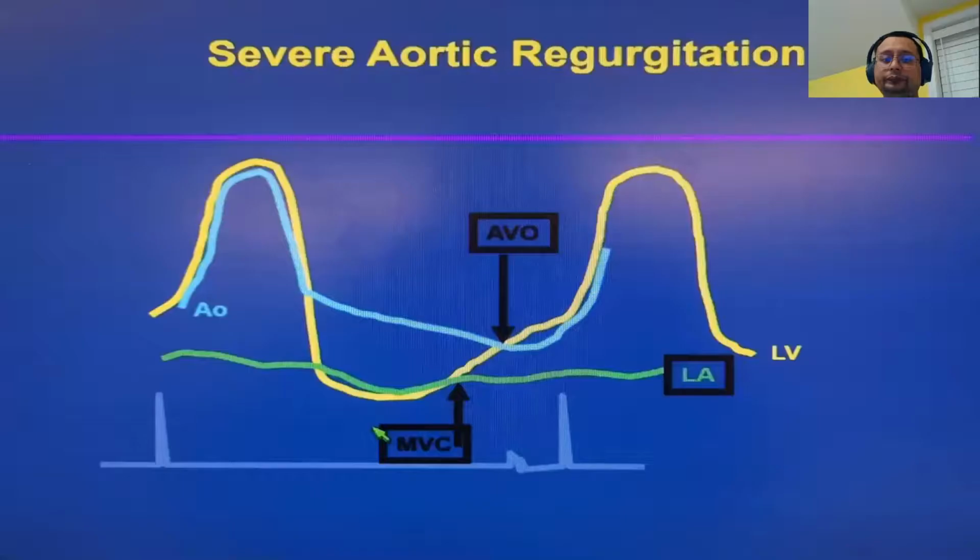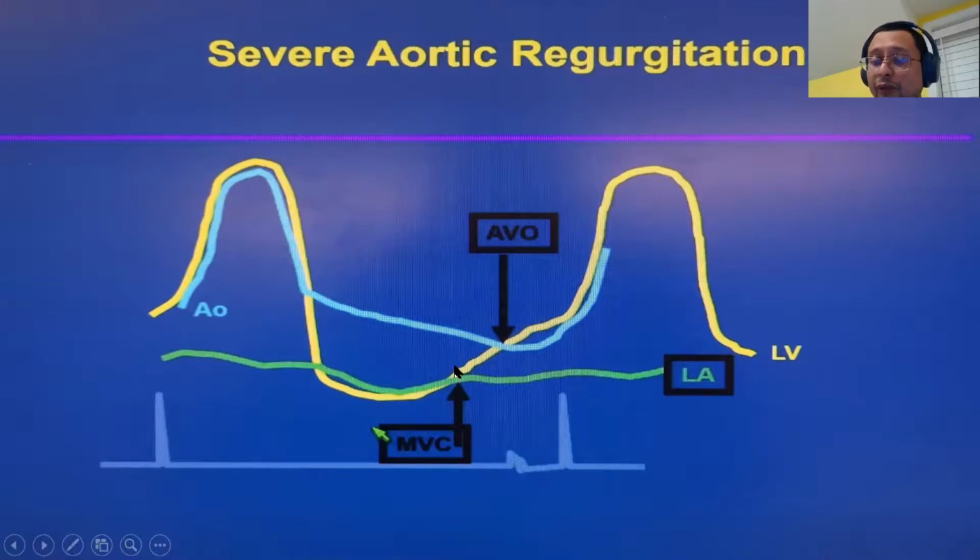This is the hemodynamics to explain the closure of the mitral valve. You can see the yellow line here is the pressure inside the left ventricle. In a patient with severe aortic regurgitation, the LVEDP goes up very rapidly and goes higher than normal. As you can see, the LV diastolic pressure goes up higher than the left atrial pressure even before the end of diastole. Here the QRS marks end diastole. The LVEDP goes above the left atrial pressure even before the end of diastole. So this is called premature mitral valve closure and possible diastolic mitral regurgitation.